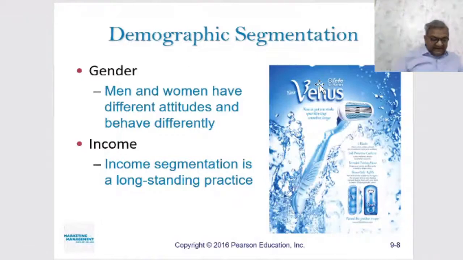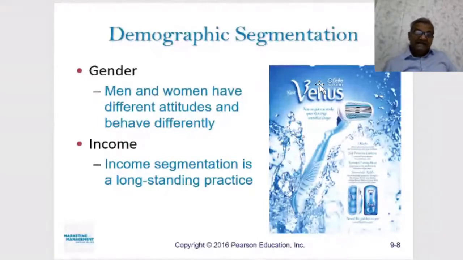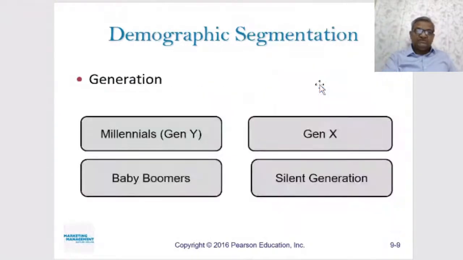Now, we also have an important aspect of a social objective of serving the needy and poor without compromising on financial viability. There's a brand called the Arvind Eye Care System, a group of institutions offering world-class eye care facilities to poor people in rural and urban India as well. So income is a long-standing segmentation practice, and it can also be used as a demographic segmentation. Now we come to something called the generation.